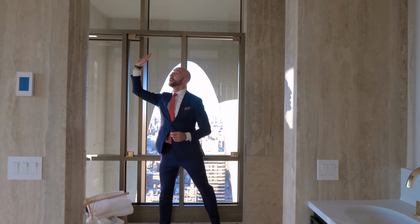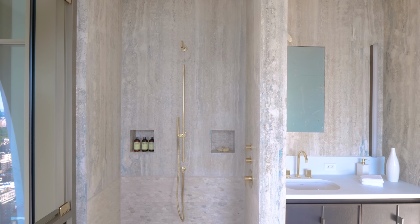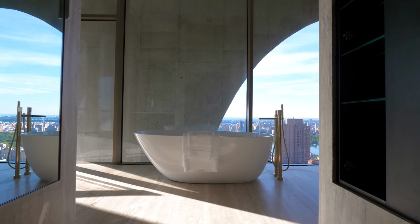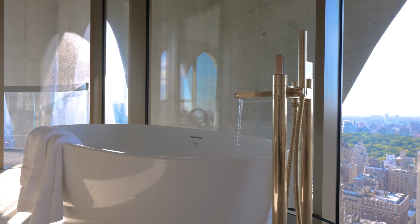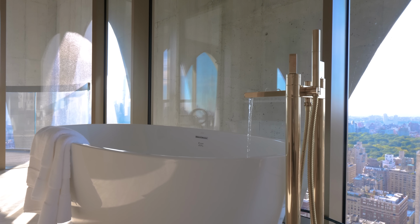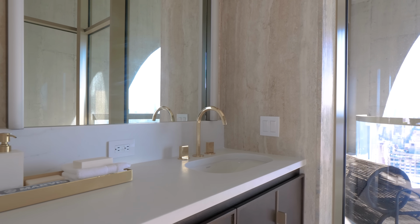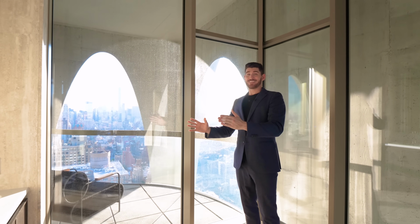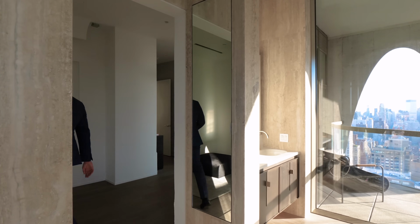You have this little pillar. Again, it's the same ceiling height, 14, close to 14. The fixtures are all brass and they're built right into this travertine. So that's travertine on the floors, the walls, even the brass fixture coming out of the travertine. Like, this place is so unique. And then you have your vanity over here. And like Alex said, we're in golden hour, so you're getting the best lighting here. And if we pull back out into the closet space, we actually have a water closet off to the corner here,